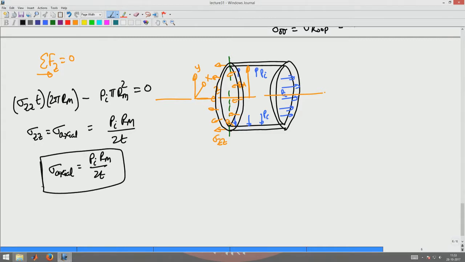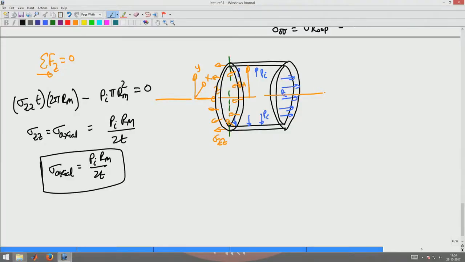You have to recollect that this axial stress will arise only when the cylindrical vessel is closed at both the ends. This is not like what we had for a thick walled vessel, the effect of Poisson's effect, wherein the hoop tension is causing a contraction in the axial direction, which you are prevented by making it fixed along the axial direction. This is a stress that arises only when the cylinder is closed. Now, we have found the stresses.